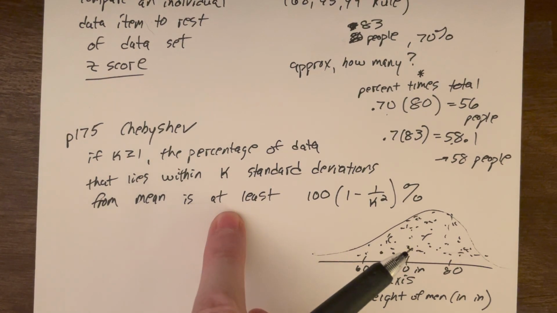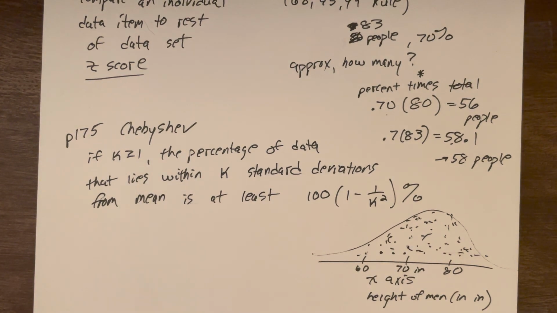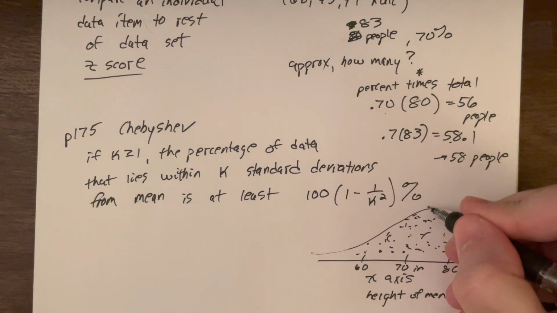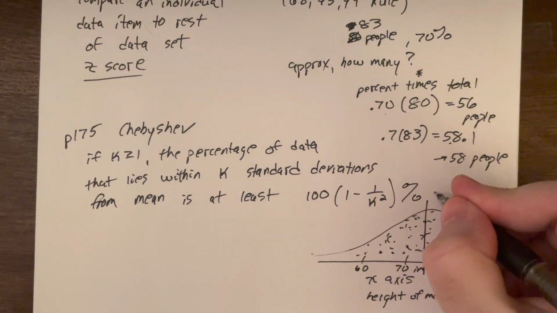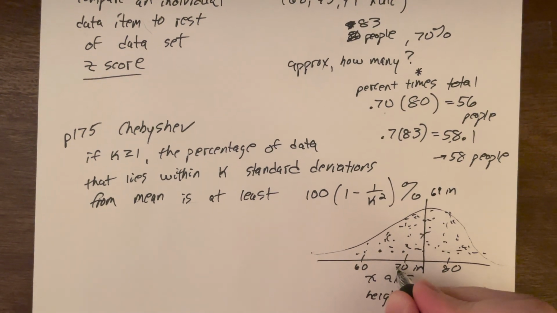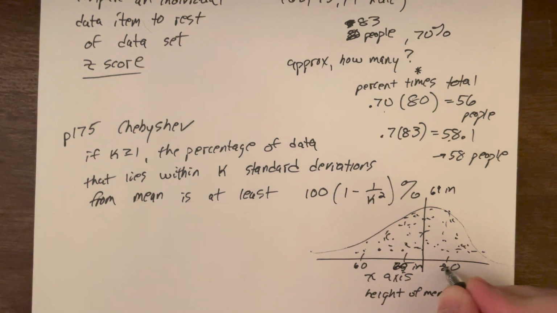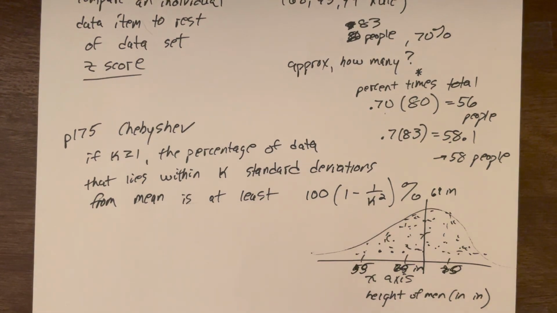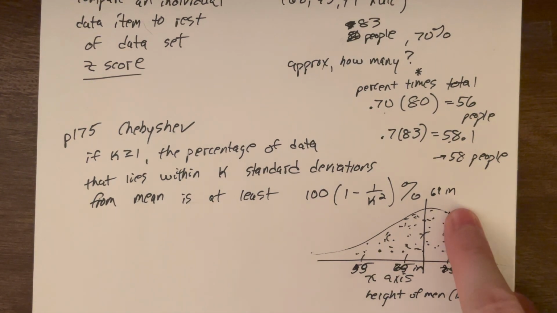But what this is saying is, if we find the mean, which for men, I should have drawn this slightly differently. Let me just change this a little bit. Because for men, the middle is actually 69 inches. So let me just change this. Let's pretend this was 65 inches. Then this is 75 inches. This is 55. Just to make this more accurate to how that actually works with actual men's heights.